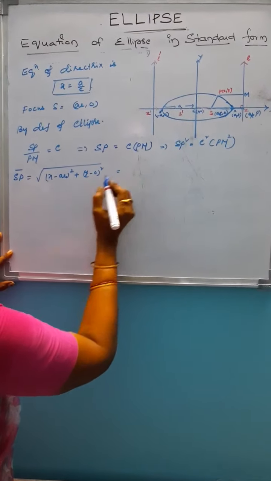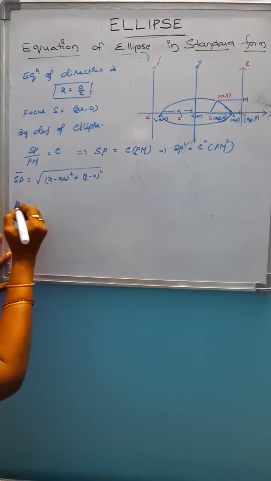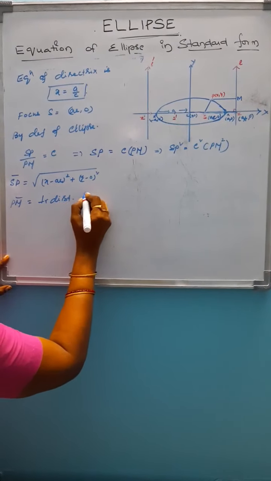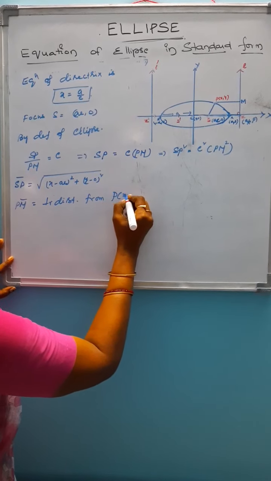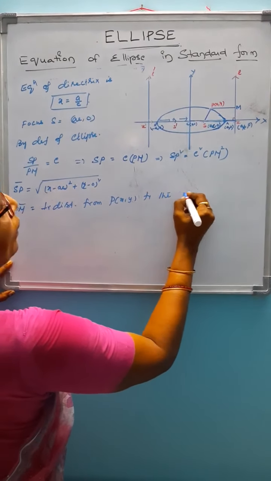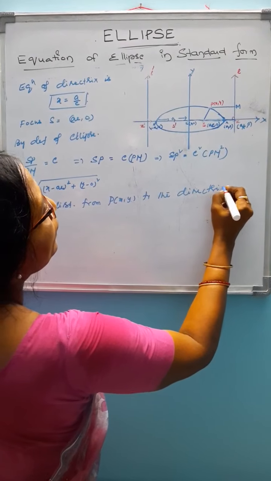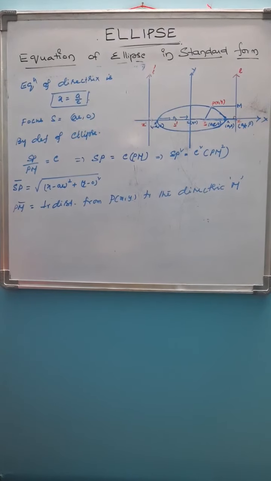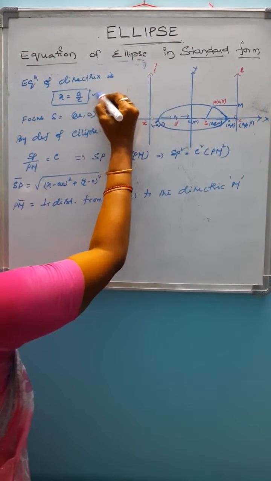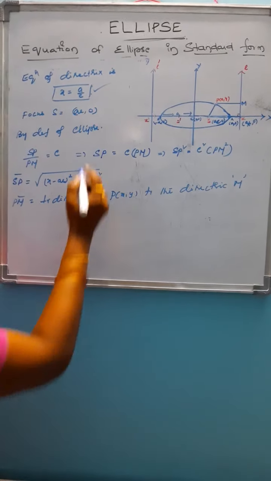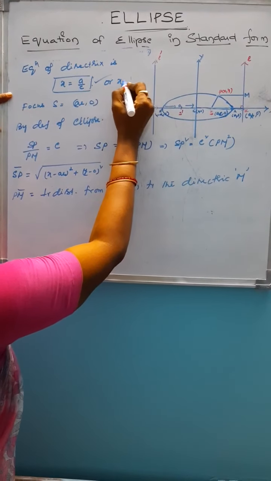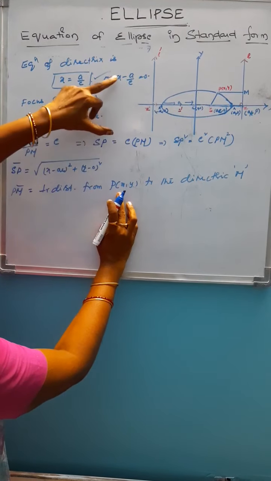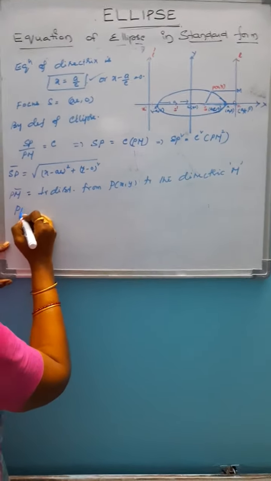And PM is the perpendicular distance from P(x, y) to the directrix M. What is the equation of the directrix? Equation of the directrix is x is equal to a by e, or x minus a by e is equal to 0. Now the perpendicular distance from P(x, y) to the directrix is PM is equal to,